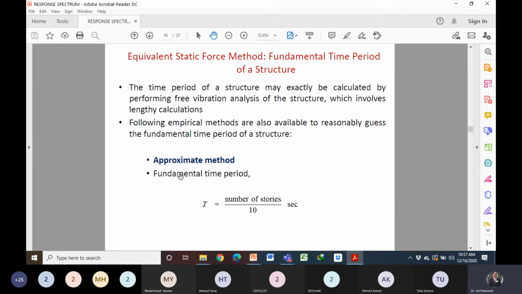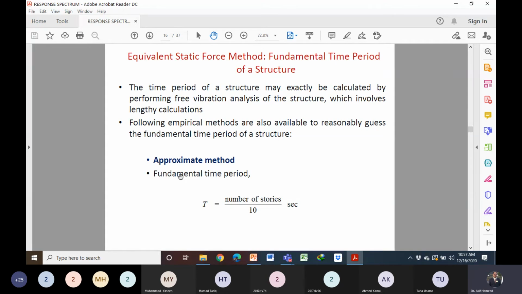So it's very useful to approximate the time period at the initial design stage by using some thumb rules or by using some empirical formulas. क्या ख्याल है? यूजफुल होते हैं कि नहीं? थंब रूल्स और एम्पिरिकल फॉर्मूलाज कि जस्ट वैल्यू आपके पास हो, डिवाइड करें, आपको आइडिया तो ना, रफ आइडिया. Definitely the exact time period, exact value, it depends on many factors, and we will calculate the exact value when we have the complete information.